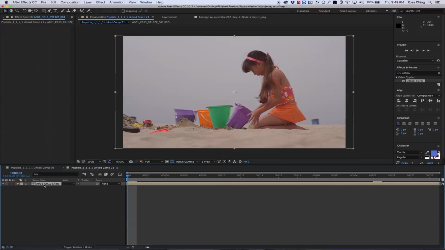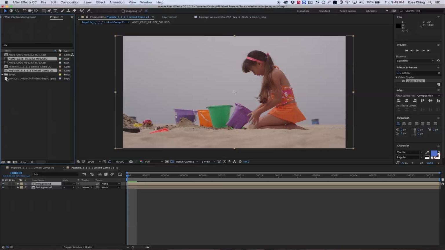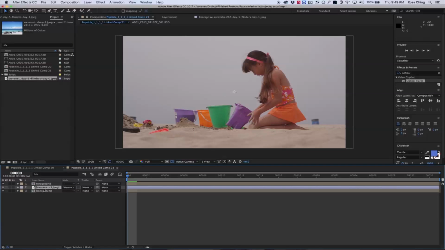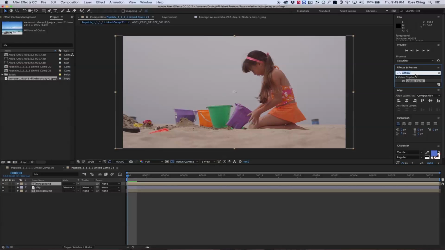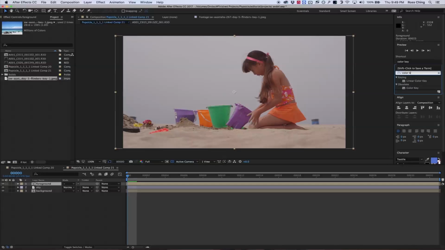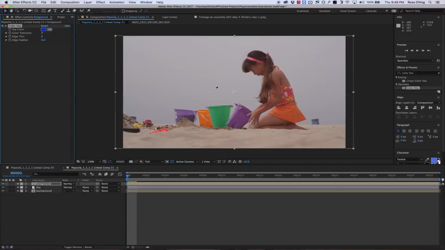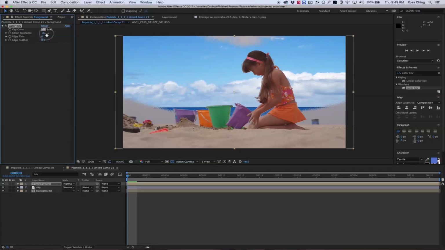Okay, so now we've got our background. We've got our foreground. And we've got our sky. So in this one, if I were to just do a regular color key and drop it on the foreground and try and select that, I can remove a lot of the sky, but the problem is that when I get down to this sand,